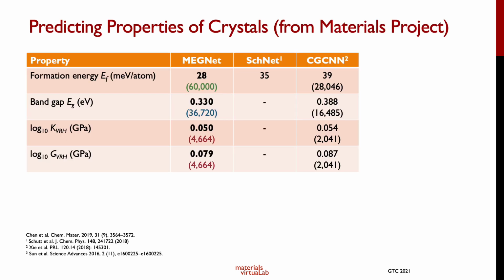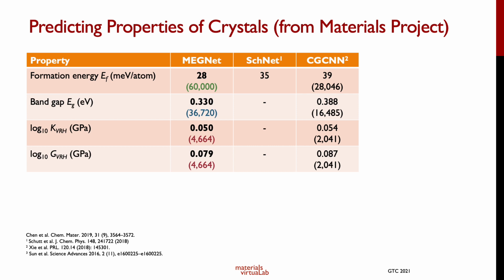Now, how well does the materials graph network work? We have this big database of material properties, called the Materials Project, and we have developed MEGNet models for a variety of properties that have already been pre-computed in the Materials Project. So there are a few basic properties, for example, the formation energy of a crystal, which is of interest because you want to know how stable a material is likely to be and whether you can actually synthesize it.